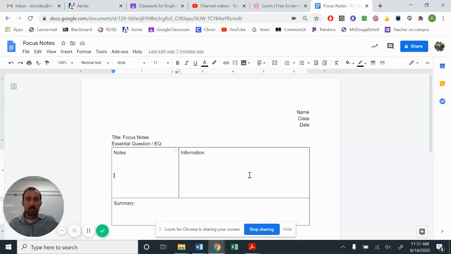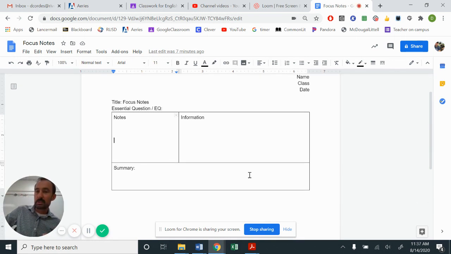The way that you would normally take a set of focused notes, they used to be called Cornell notes, is the idea that your notes are on one side, your information is on the other. So if you have specific words and then you need definitions, you have history dates, and then you need an explanation of the event. Focus notes really just help us to focus on the material. It's a way of organizing our thoughts